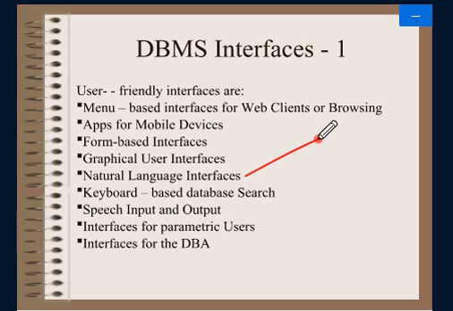The natural language interface usually has its own schema, which is similar to the database conceptual schema, as well as a dictionary of important words. When I type database management system, it will understand. It will go to the dictionary and search whether that word is there. Accordingly, it will direct us to another site.